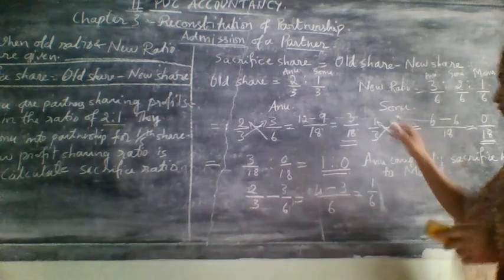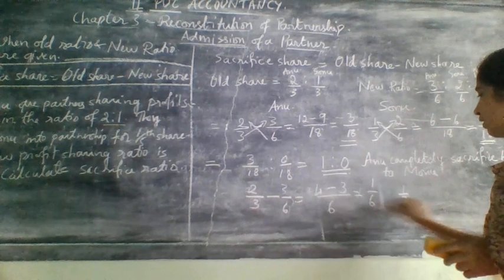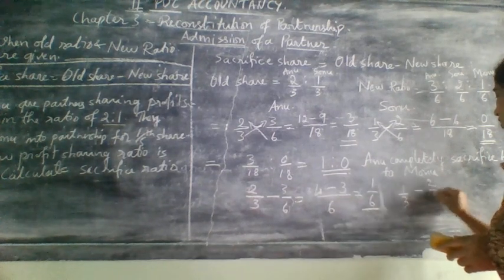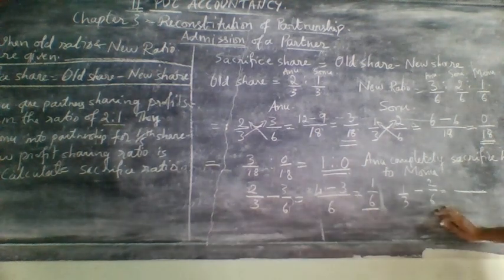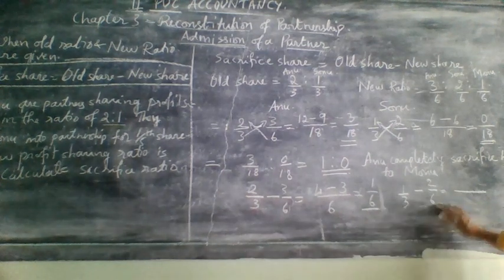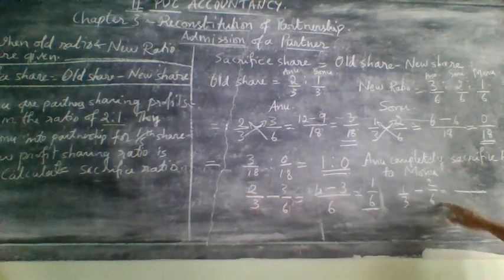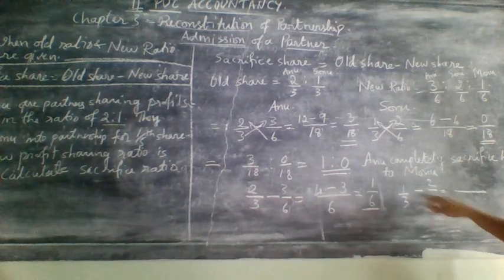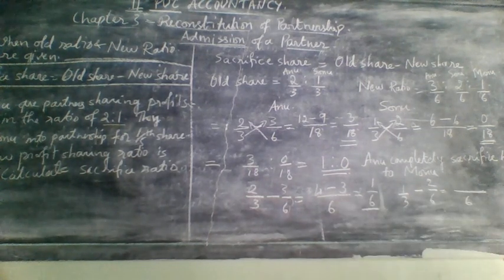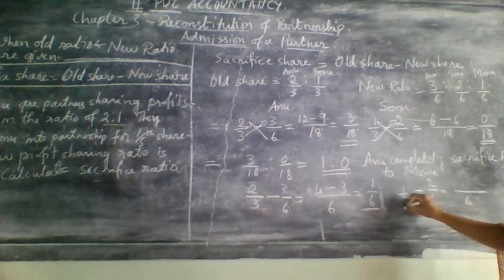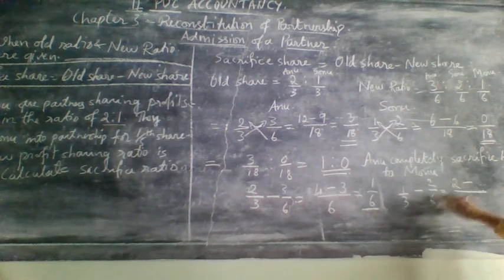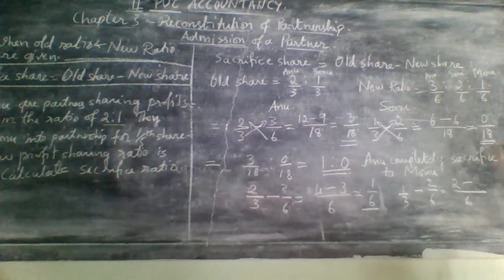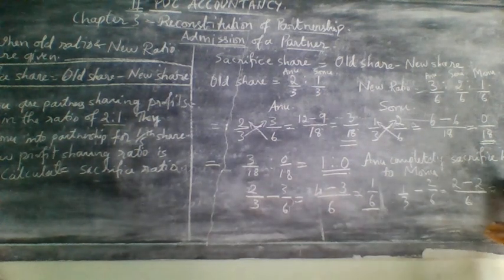1/6. Next, for Sonu, it is 1/3 minus 2/6. Again the same rule: the highest denominator here is 6. If it is 6, check with another number whether 6 is in that table. 3 table, 6 is there. So you can consider 6 as the common denominator for both. So 6 divided by 3, how much will come? 3 twos are 6, so 2 will come. 2 ones are 2, minus 6 divided by 6 will come 1. 1 twos are 2. So your answer will be the same. Here you will get 0.